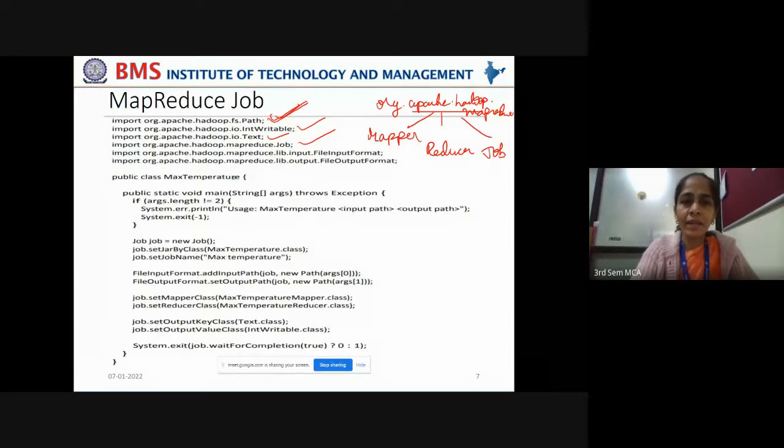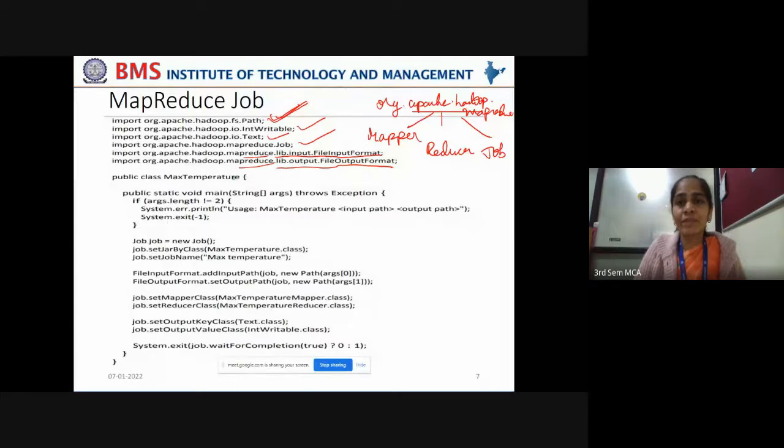And in the next line, you are taking lib.input.FileInputFormat and lib.output.FileOutputFormat from the MapReduce package again.